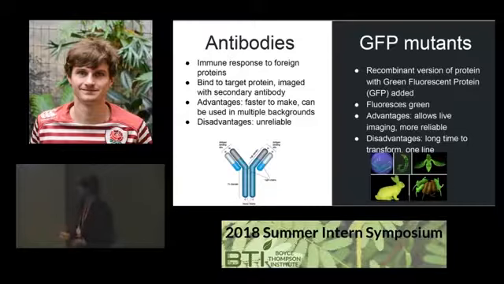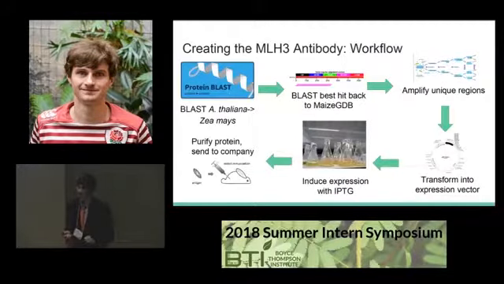So the first thing I did was make an antibody for MLH3. I started out by trying to find the MLH3 gene in maize. Unlike Arabidopsis, the maize database is not super well annotated, so I couldn't just Google MLH3 maize and find something. So I had to blast the Arabidopsis sequence into the maize database and take the best hit. And then after that, I blasted